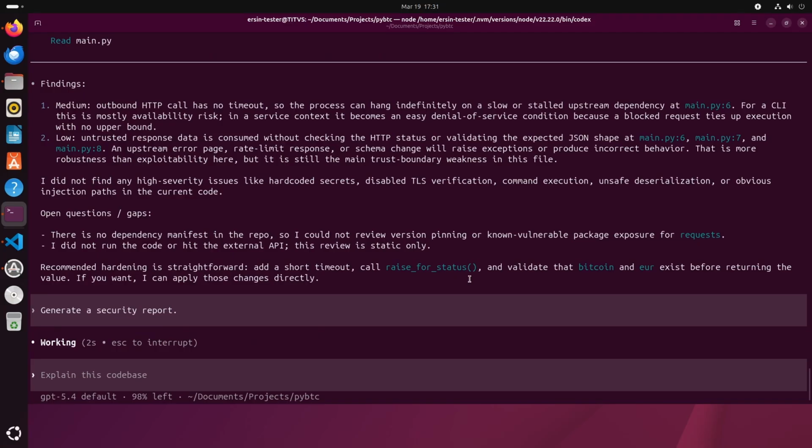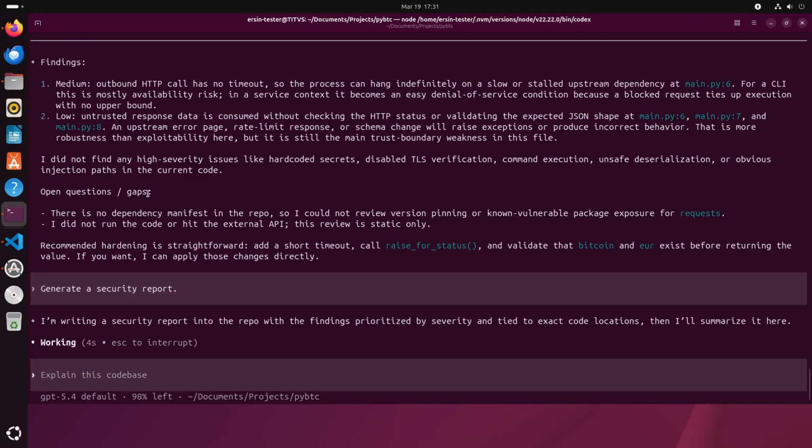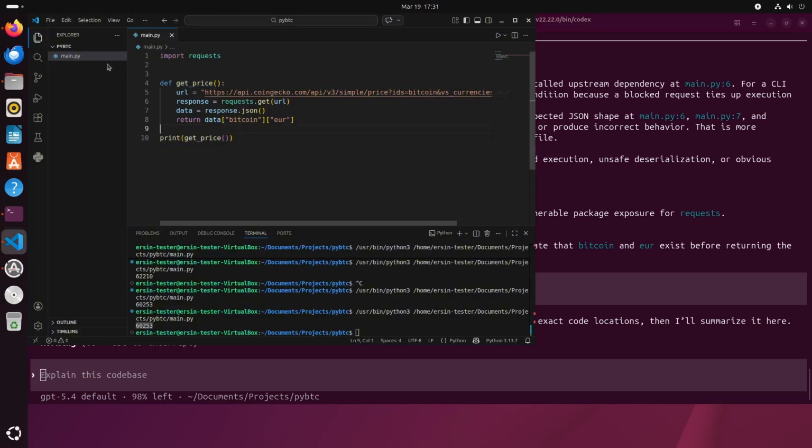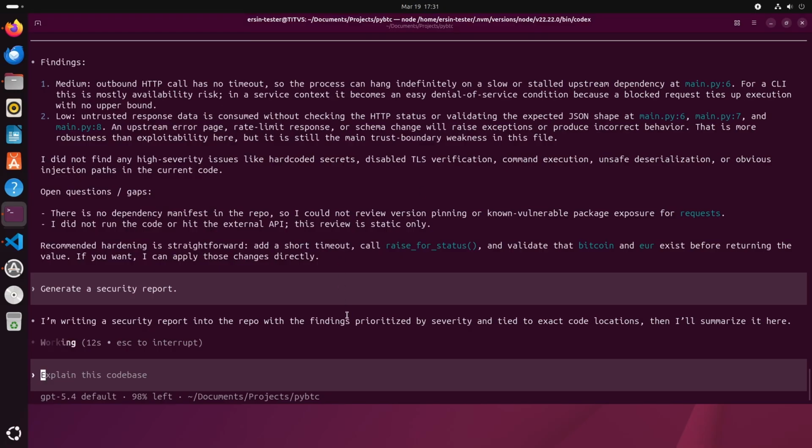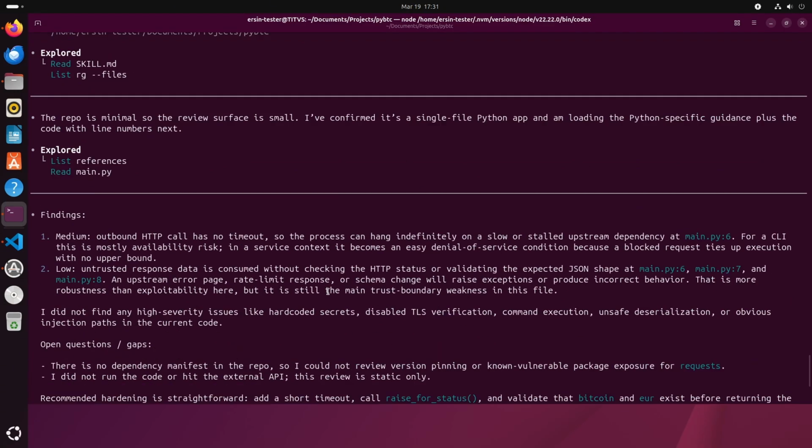And I ask to generate a security report because this skill has that function. It will create a report as an MD file.